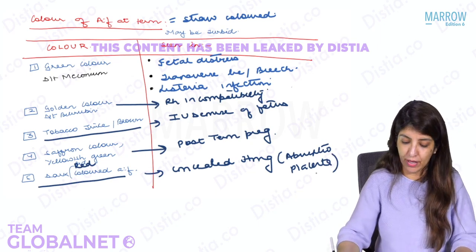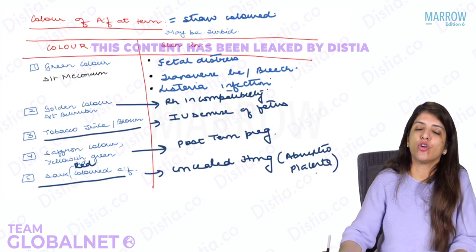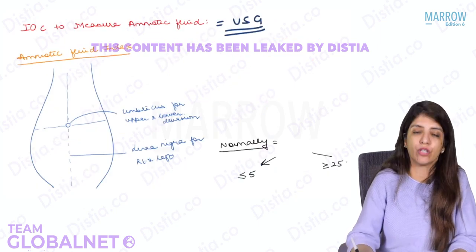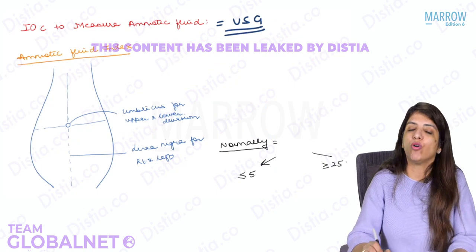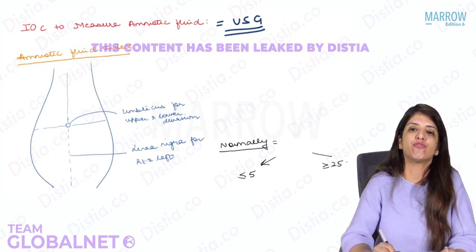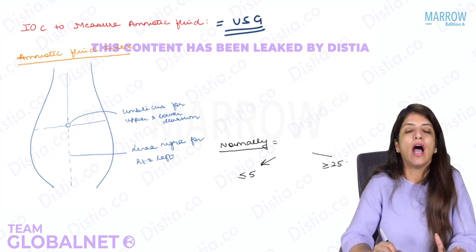Clear? Okay. Now, what is the investigation of choice to measure amniotic fluid? The investigation of choice to measure amniotic fluid is ultrasound. And on ultrasound, whenever I get a pregnant female and I have to measure her amniotic fluid, arbitrarily